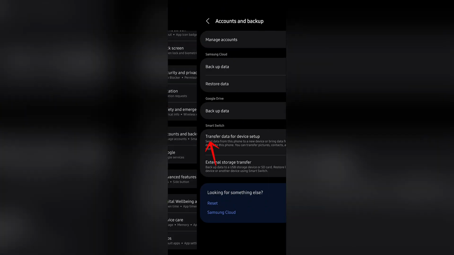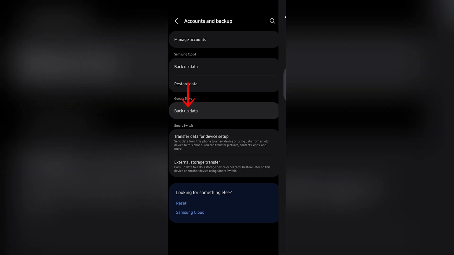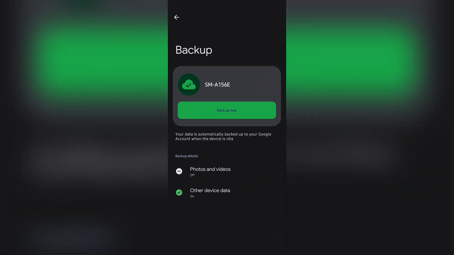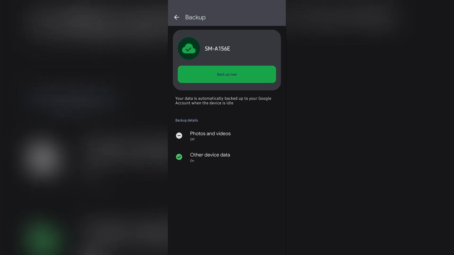Just simply select accounts and backup, and after selecting that you will get to see the option of backup data under Google Drive. Tap to backup data, and then you just simply need to select your other device data. Select other device data, which will include your device data such as contacts and messages, and after selecting that, tap